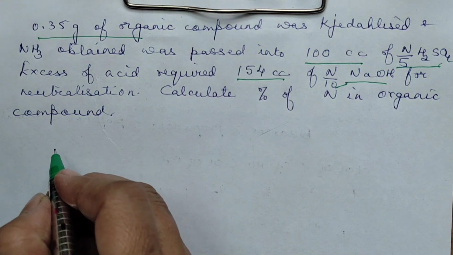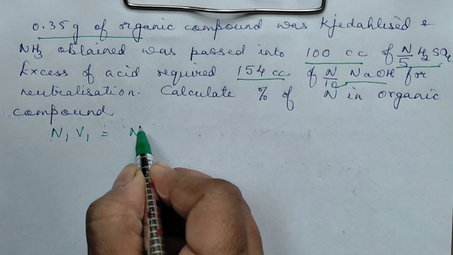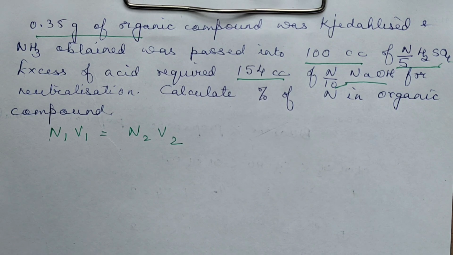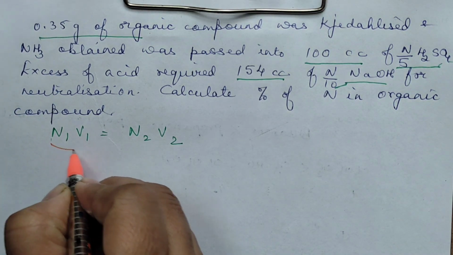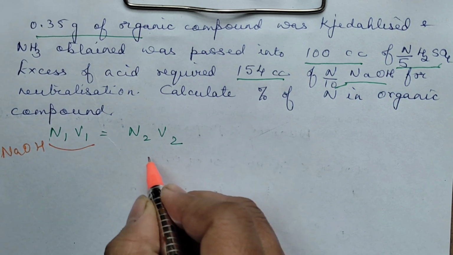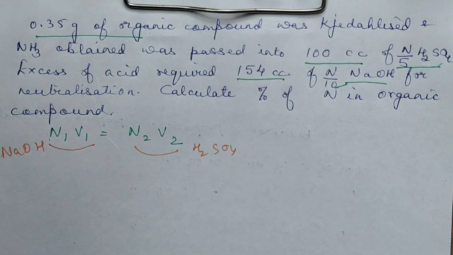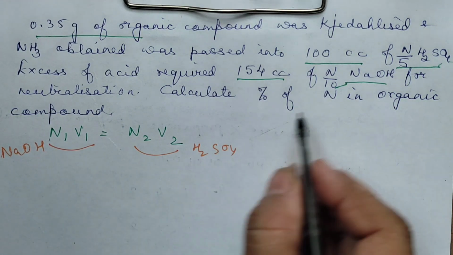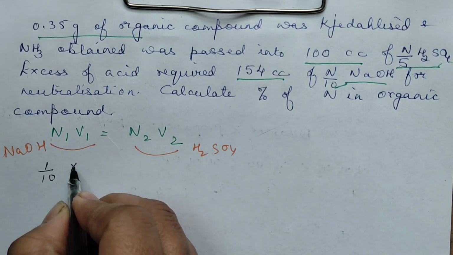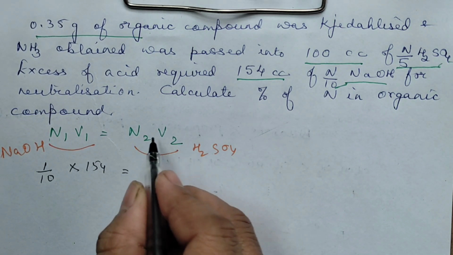Right? So the first step, children, would be that N1 V1 is equal to N2 V2. Okay. Now what is this N1 V1? Let this be for NaOH, and this one be for sulfuric acid. Then we will go ahead. What is the normality of NaOH given? It's given as 1 by 10. So it's 1 by 10 into what is the volume given? 154 is equal to how much of the